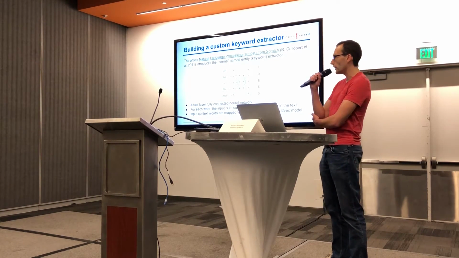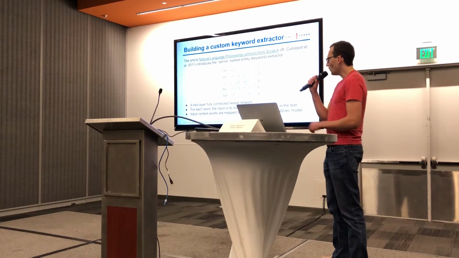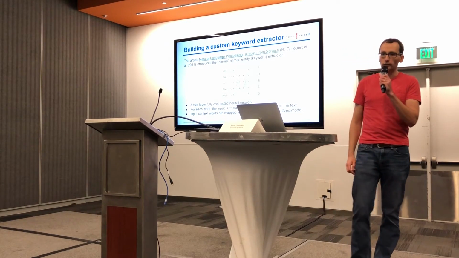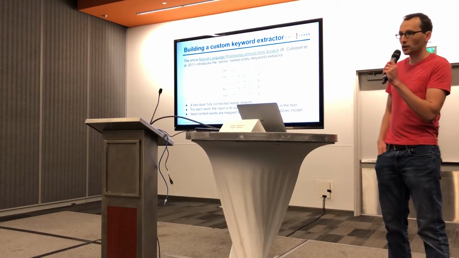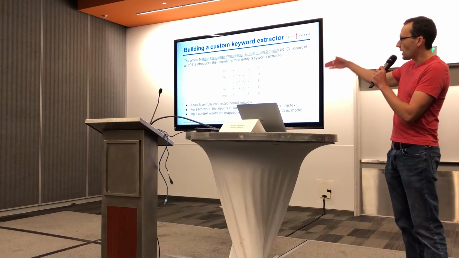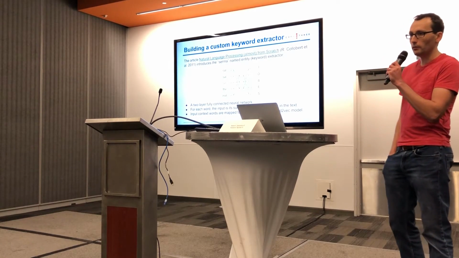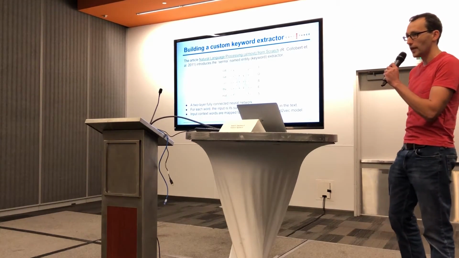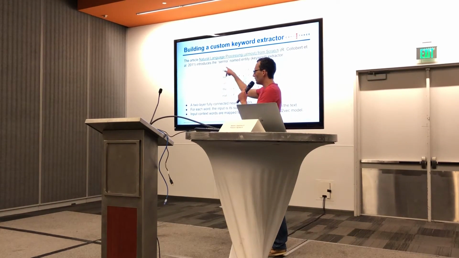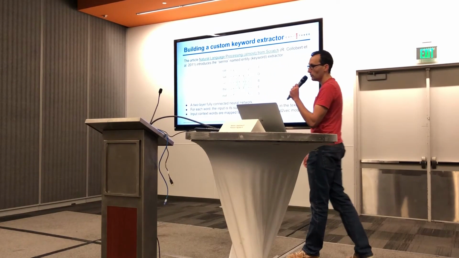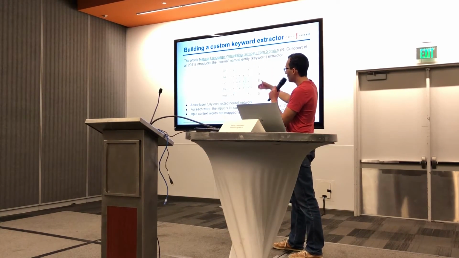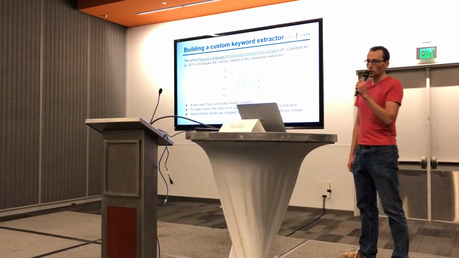It's just a fully connected two-layer network here. And it works in the following way. So in this example that I have here, the candidate keyword, it may be a keyword, it may not be, in this case it's clearly not, is in red here. It's the word "on". And we have surrounding context words, in this case, to the left and to the right within the text. The idea is that you feed these words into a word2vec model, and this creates your input vector. And then you shuttle that through a trained neural network,